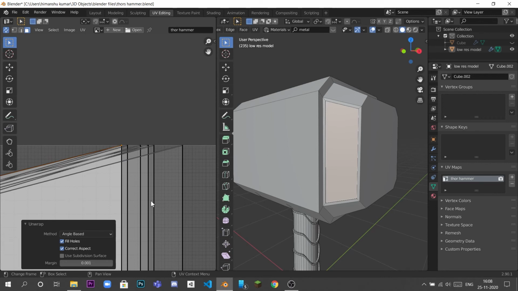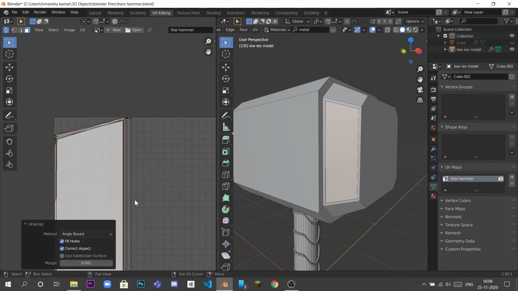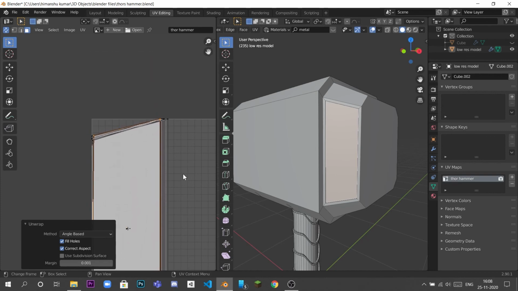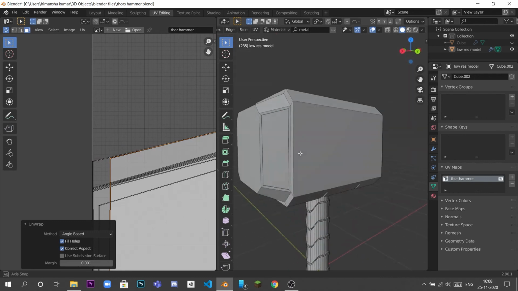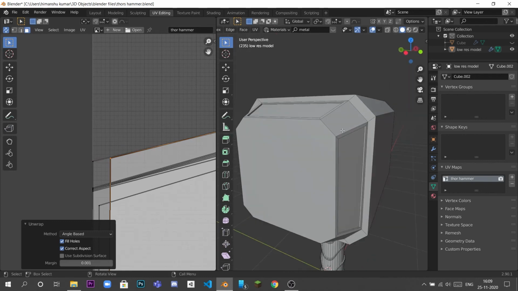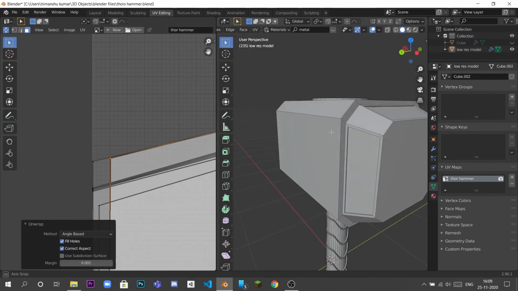Actually, I am trying to make it a single face so that the texture is even at all the corners and sides of the hammer. So let's do it.